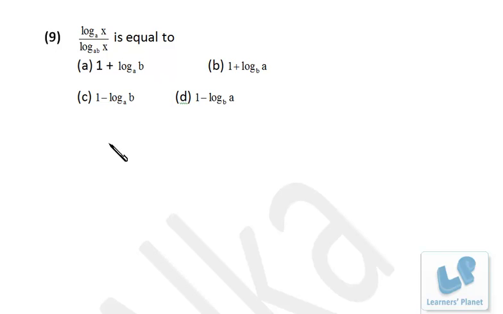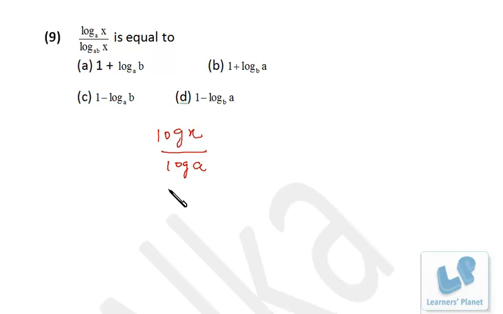Further, you have two options. Either you choose the values of a and b, or using logarithmic properties also you can do that, right? I use the logarithmic property first of all, then we'll be going for the values of a and b, right? Now in this case what we can do is we can change the base of logarithm, because here the base is a, here the base is ab, right? So what I do is I just change the base, and then it can be written as log x by